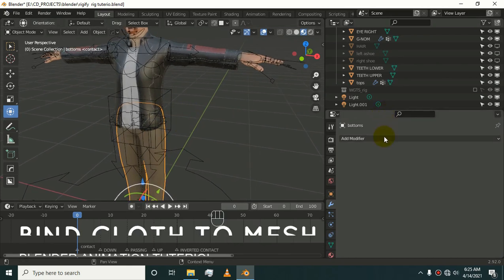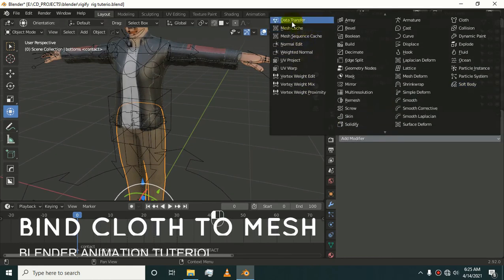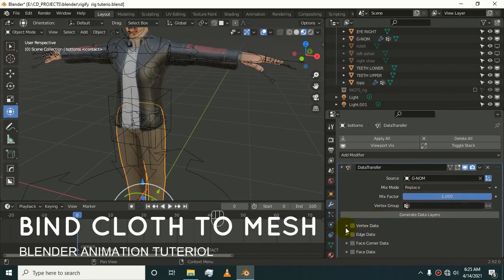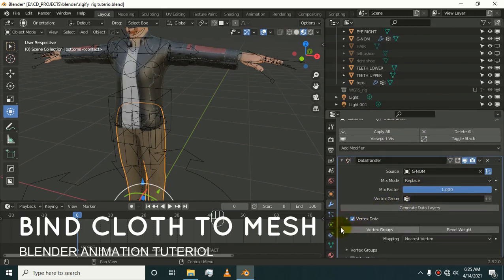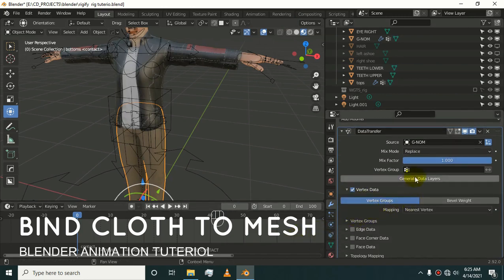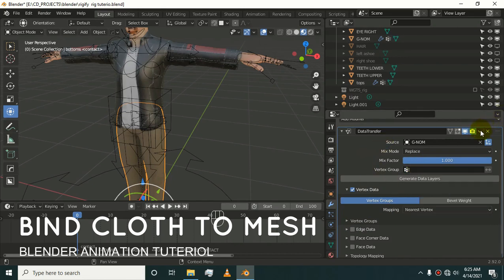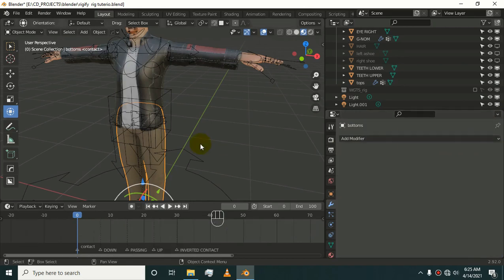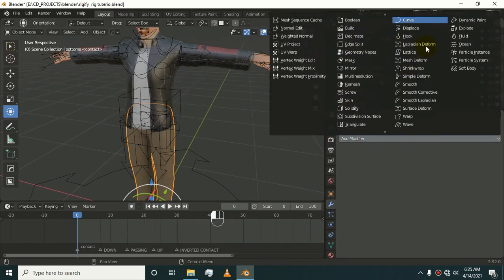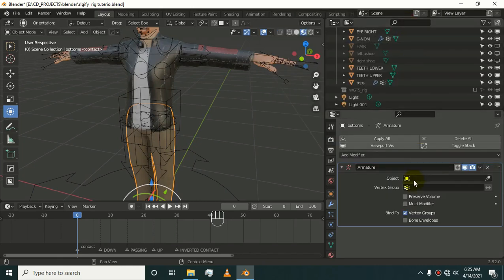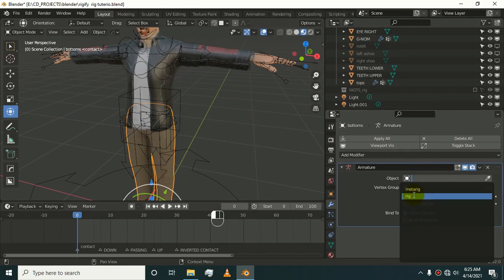Just add a data transfer modifier. Source will be our genome, and vertex data will be vertex groups. So generate layers. Now we have all the vertex groups from our main body, genome. Now add an armature modifier, and add our rig.